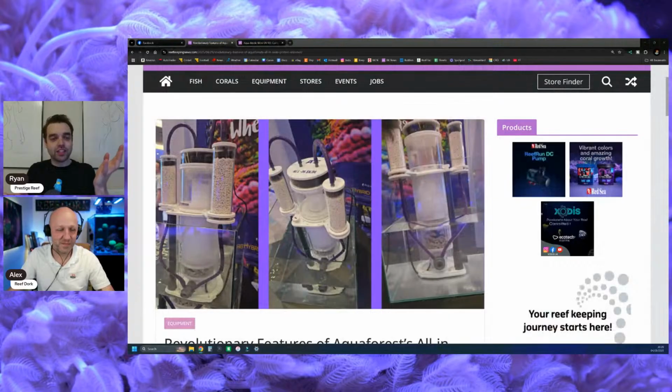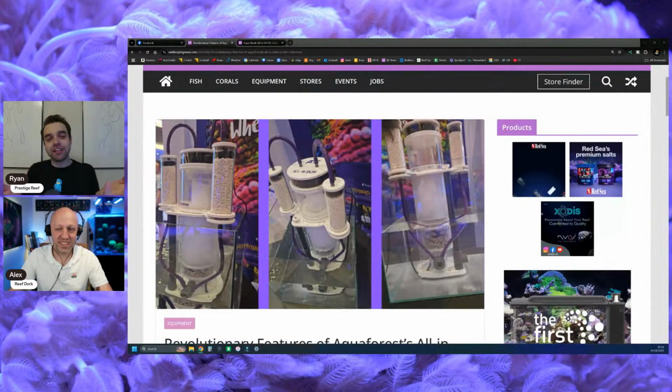So it's not a problem with the product, and I love the fact that they've brought something new. That's the furthest innovation that we've had in this hobby for a long time. I think it's niche because most people just want a normal skimmer. It doesn't appeal to me, but I agree, I think it's a good idea. I think there'll be some people who are like, that's what I've been waiting for. No word on price, but if you've got a choice of having something which is the same price but with extra features,